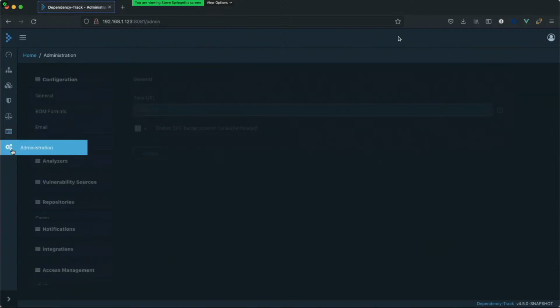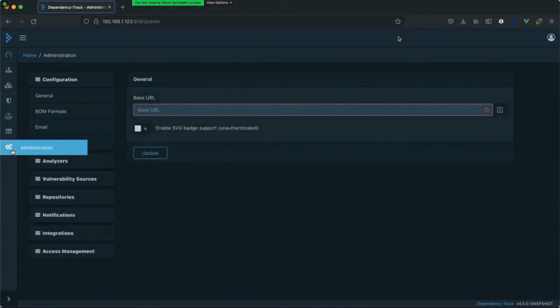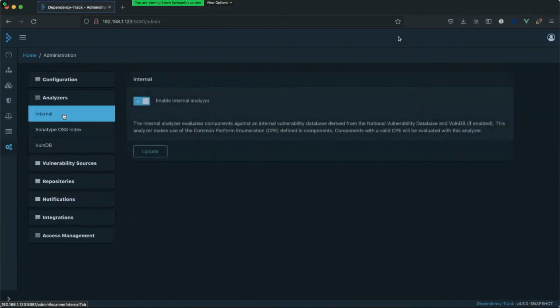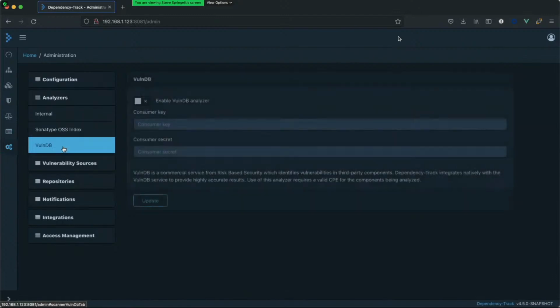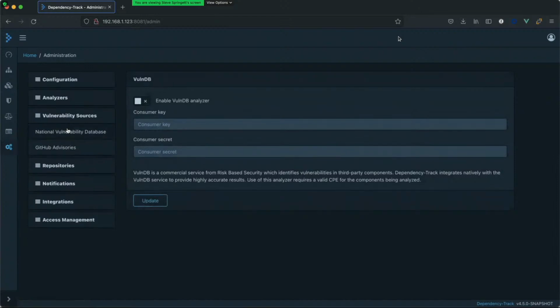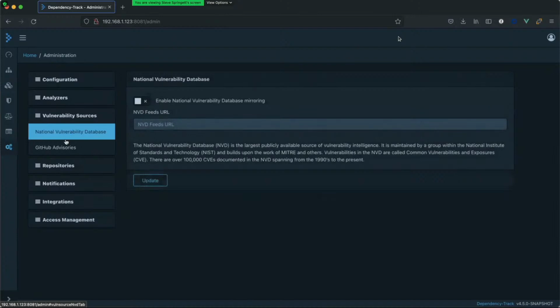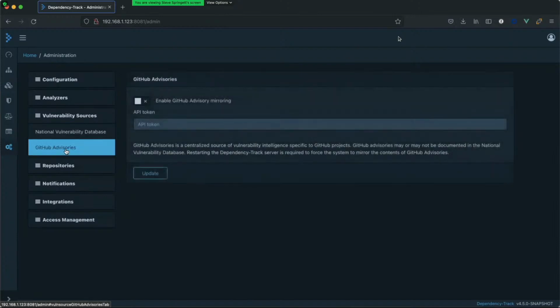And finally, it has a bunch of administrative controls. It supports different analyzers. It has an internal analyzer that mirrors the contents of the NVD, as well as uses GitHub security advisories. It integrates with Sonatype OSS Index, which is a free service from Sonatype. If you have a subscription to VulnDB from Risk-Based Security, it supports that as well. You can configure how you want the NVD mirroring to work. You can configure whether you want GitHub advisories enabled or not, and then what is your personal access token